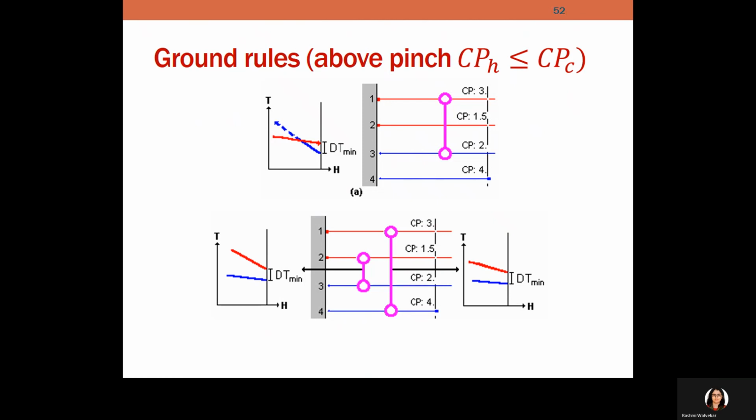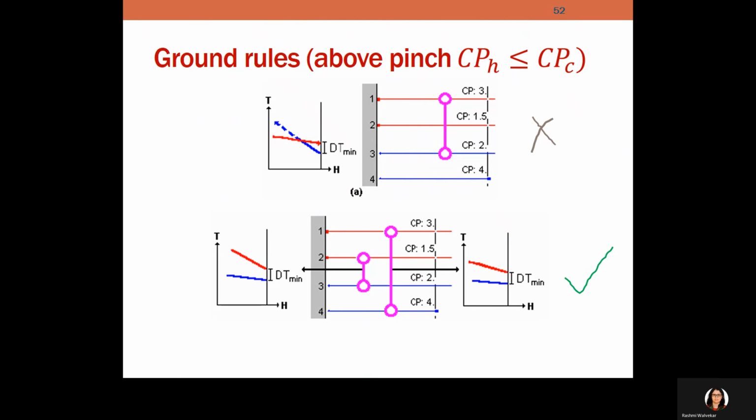The stream cannot give more heat than it has, right? If it has 80 kilojoules of heat, it cannot give you 90 kilojoules. So you cannot cross those lines when you draw; if you do, something is wrong. You should always obey the rule. If you draw between 3 and 4, so hot CP is 3, cold is 4, it obeys the rule. Draw the heat exchanger, then you will see a graph like this, where the delta T minimum is achieved. We need to remember this CP rule, and it holds good only for the first heat exchanger that you place near your pinch line.